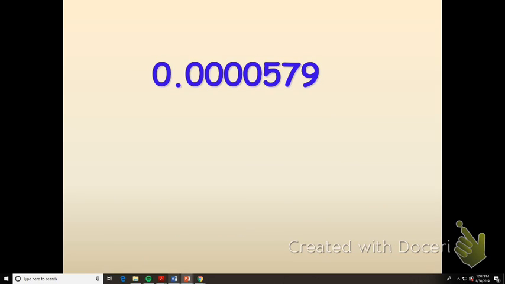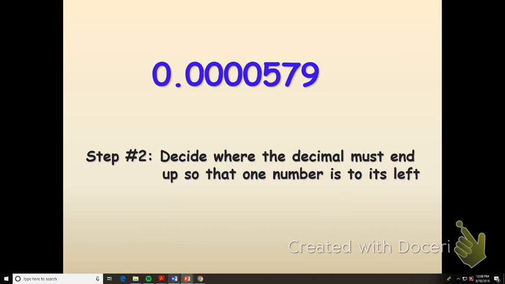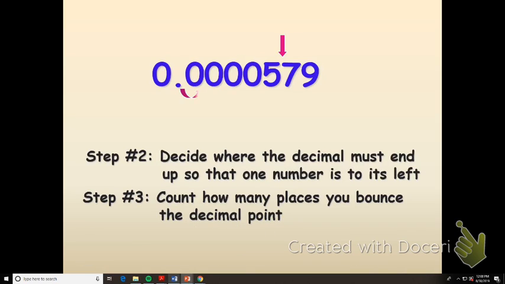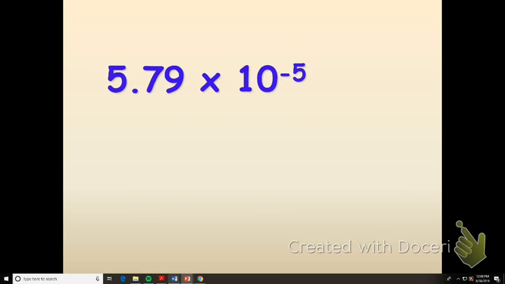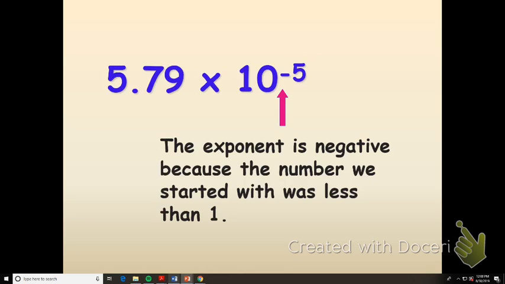So small number, same thing, but we don't have to do the putting a decimal point because there already is one. So now we just want to make it 1 to the left, so 5.79, and then we count how many places. 1, 2, 3, 4, 5. So now we rewrite it. But because it's a small number, we're going to make a negative n. So it's 5.79 times 10 to the negative 5, since it was a really small number, if it's less than 1. Okay? And then remember, taking it out, it's just like if I had to take this one out, I would say